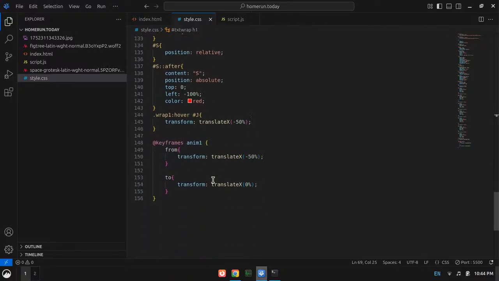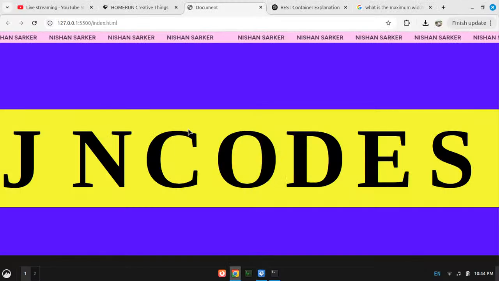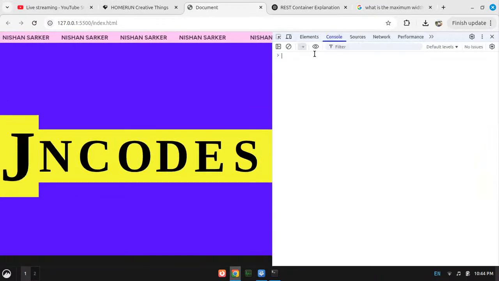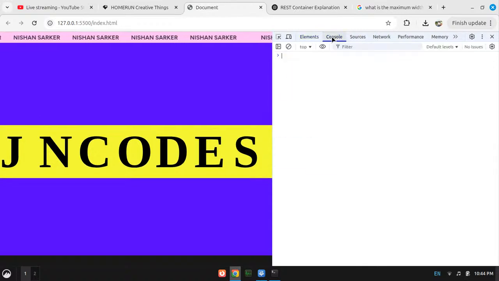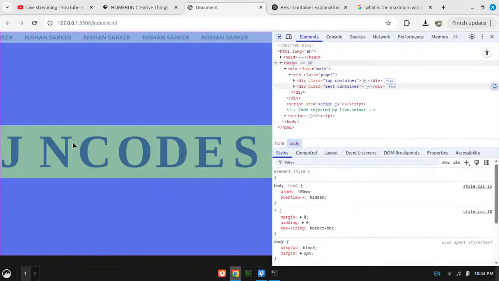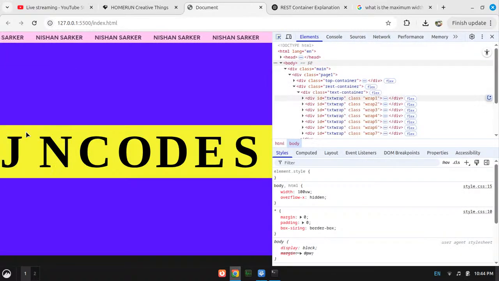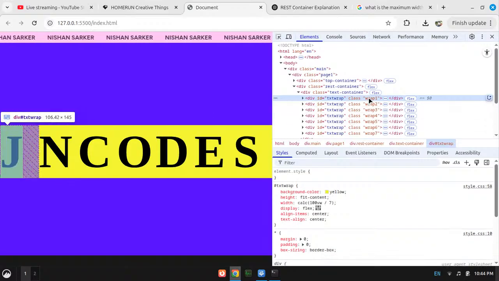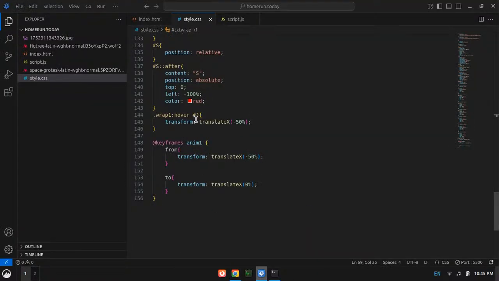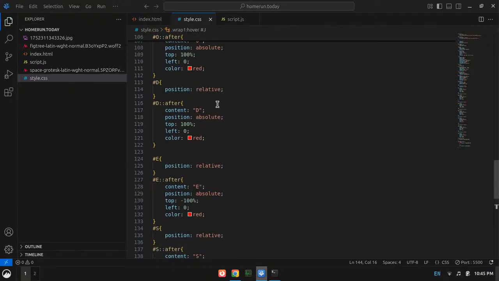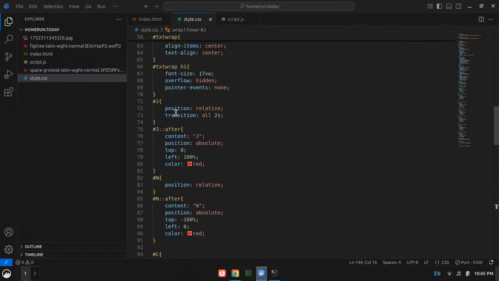I have the wrap1 thing, I guess. We should have the wrap1 thing. It's class with wrap1, right? Whenever I hover over this wrap1, I want something to happen to the J. It's the J capital, yeah. It is the exact J as here.